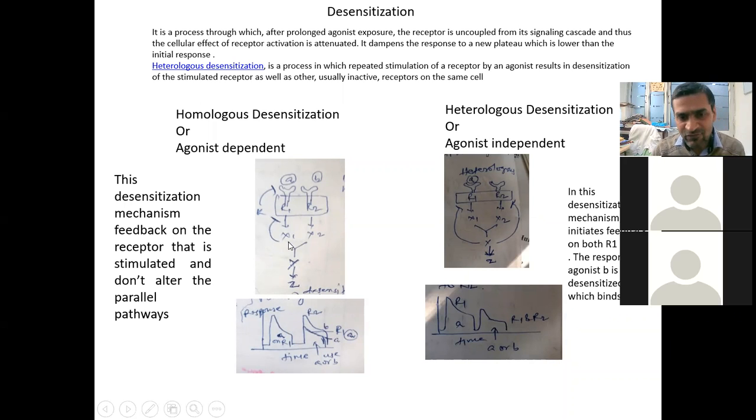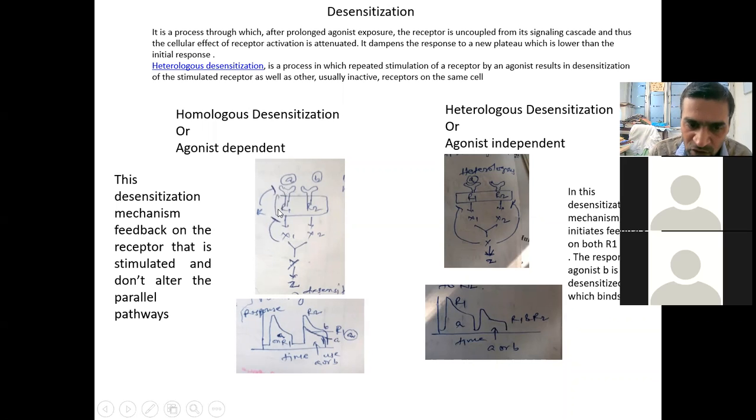So if one of these products, which are the outcome of the activation of R1 and R2, inhibits only one of these receptors, not both,